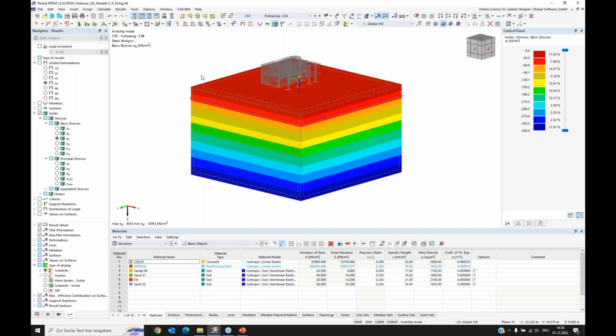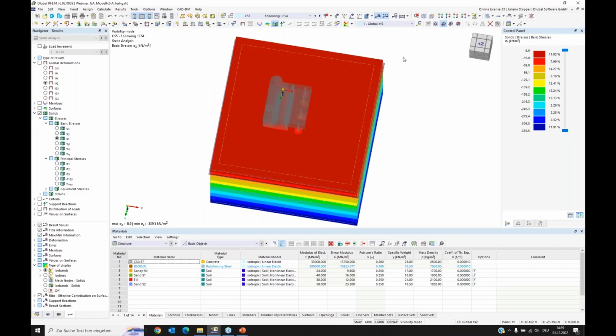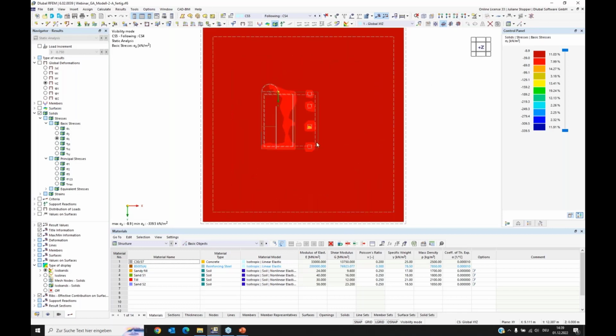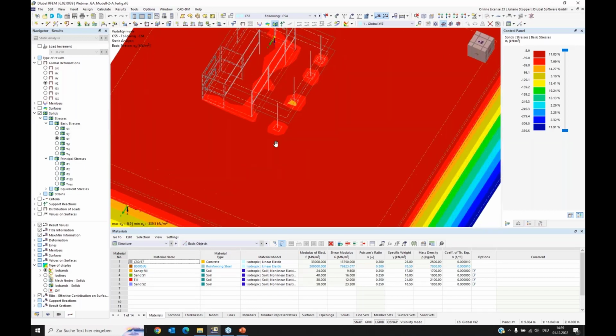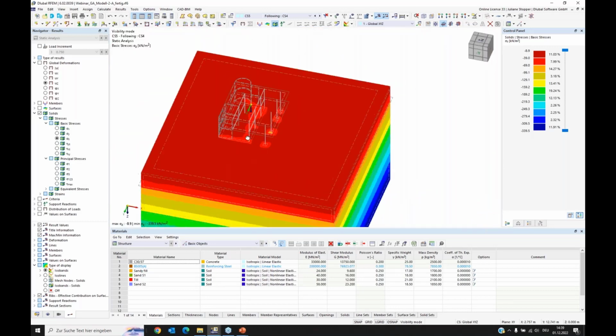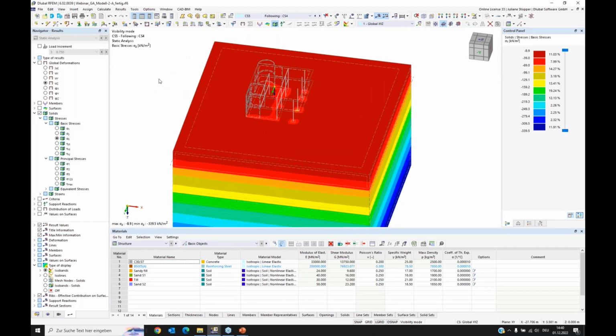What is also of interest for us is the contact stresses. Therefore, I will go to the wireframe model view and show this perspective. And as we can see, the result is not easy to analyze, as the high stress values of the solid are considered. And therefore, we have the option that we get